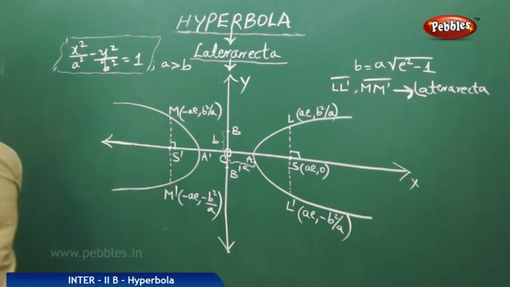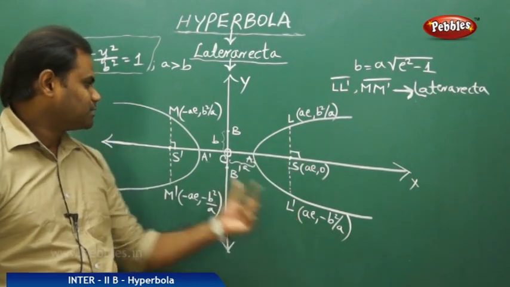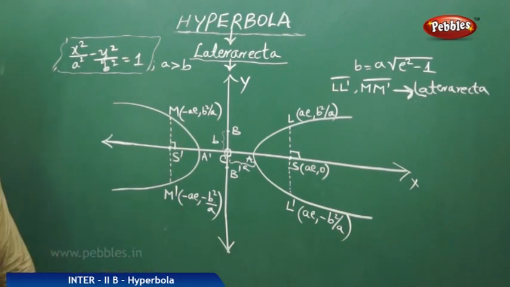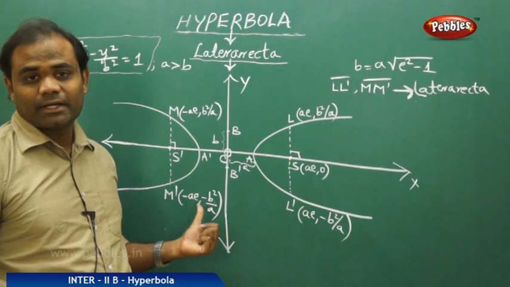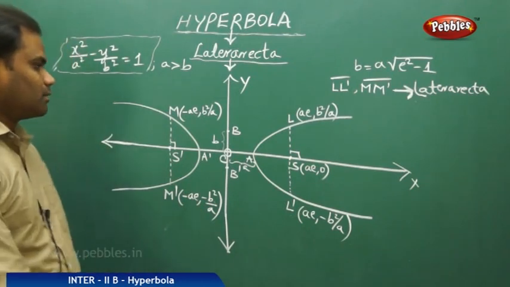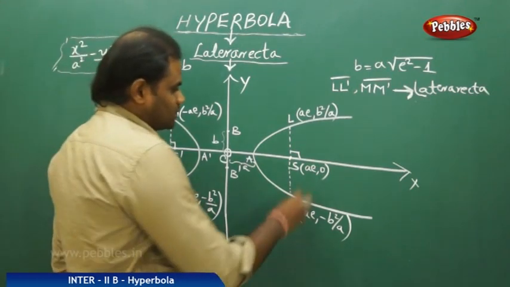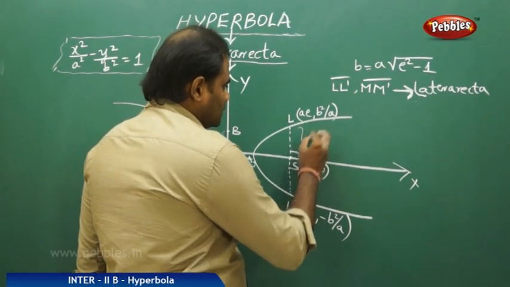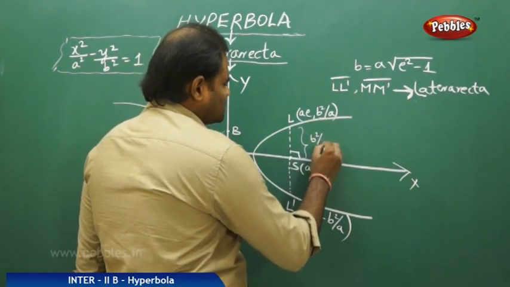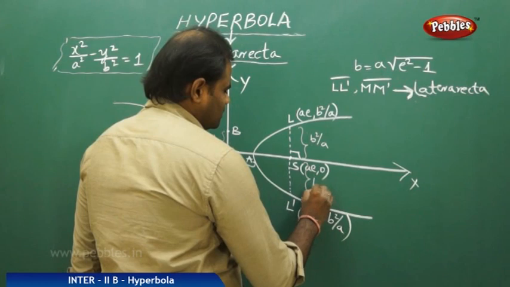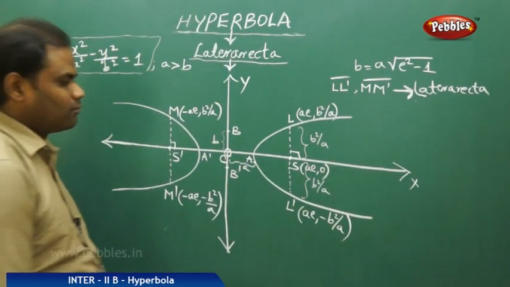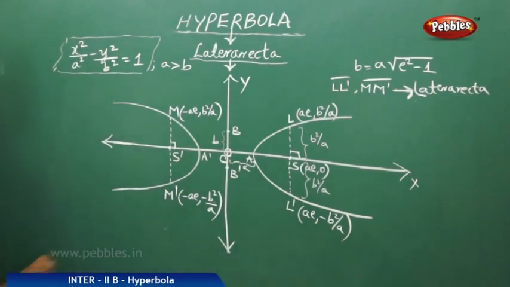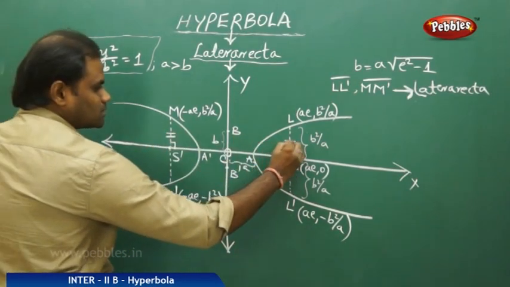So there are totally 4 extremities, L, L dash, M, and M dash, which are the extremities of the latera recta LL dash and MM dash respectively. And clearly I find that this length is the y coordinate, that is B squared by A, and this length is also the y coordinate, which is B squared by A, and therefore the length of the latus rectum, where this is equal to this, has